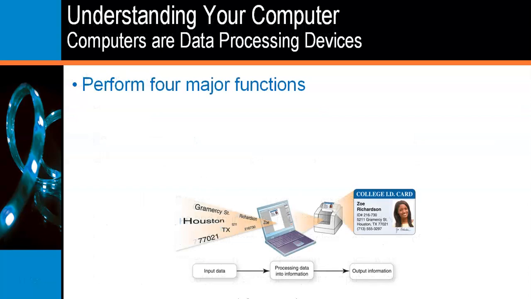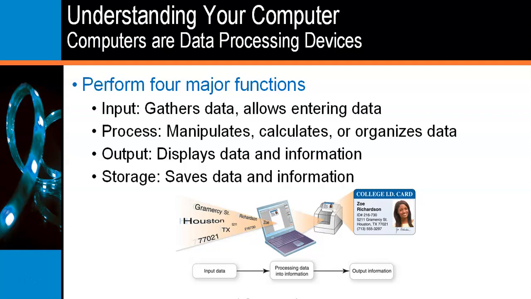And, basically, as we briefly mentioned last week, and we will revisit again throughout the semester, any computing device we expect to be able, as a data processing device, to perform four major functions. It's going to input, it's going to process, it's going to have output of some type, and then it's going to store that information, and that happens as long as electricity is applied, it doesn't matter if you think it's just sitting there doing nothing or not.